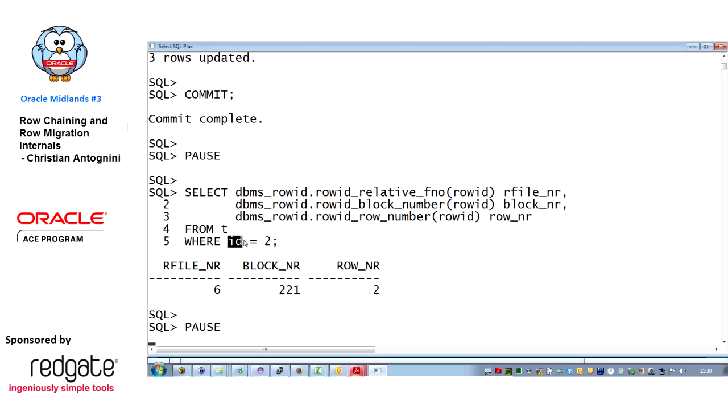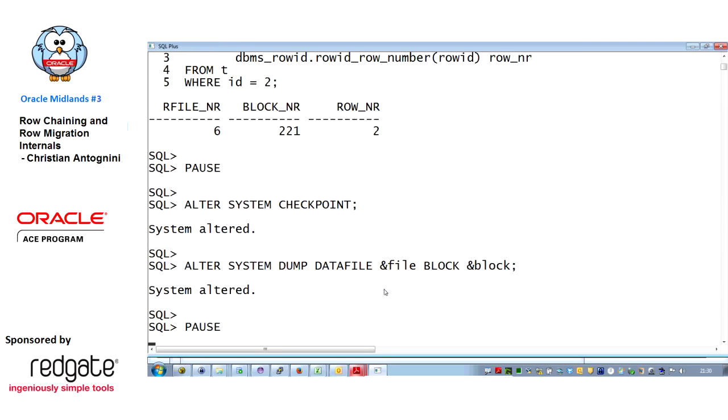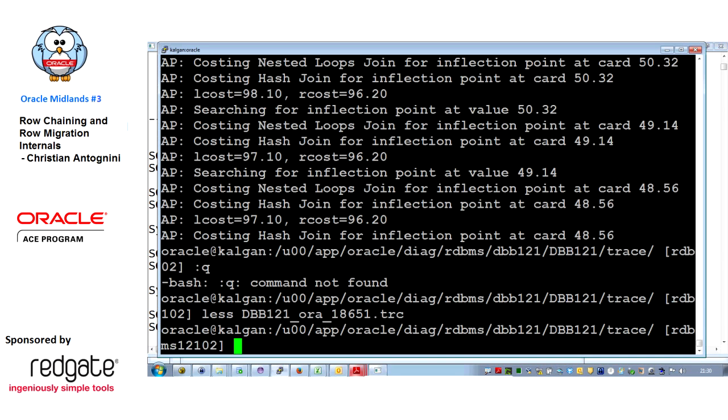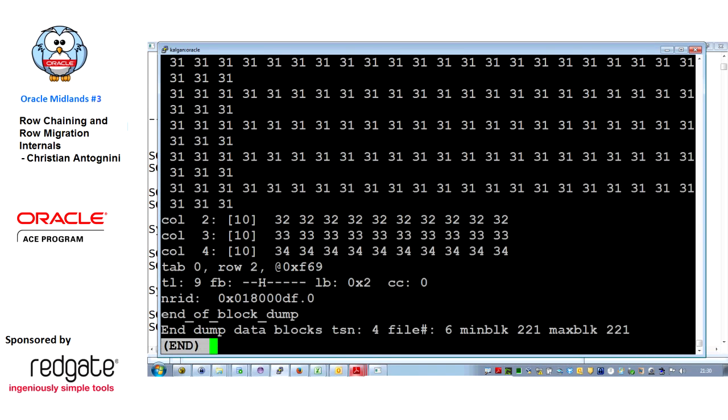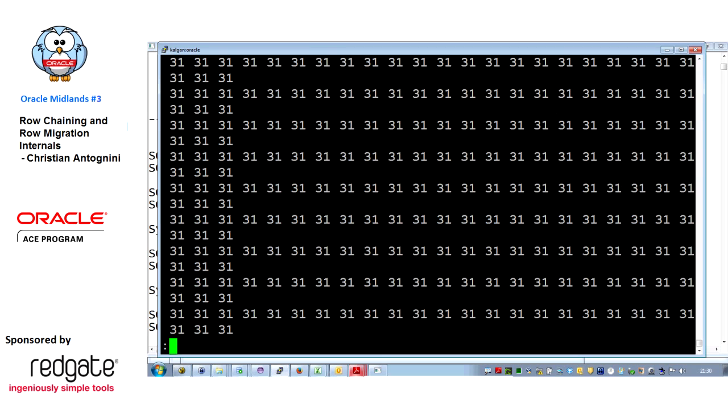Okay, so if you check, for example, here the position of the row with ID number 2, we see that it's in the same block, but it has a different row number because it's a different row. Okay, and if we check inside the dump right now, we can see that